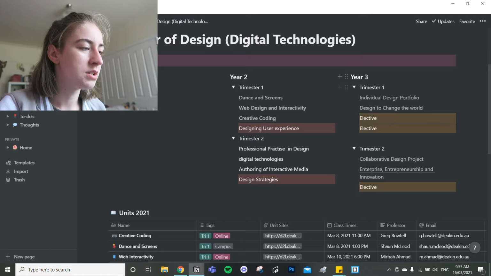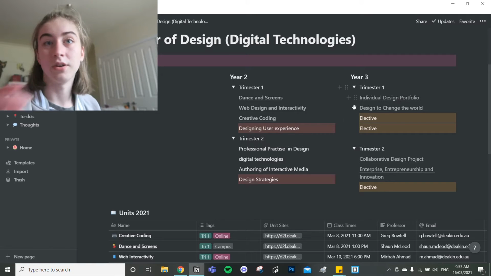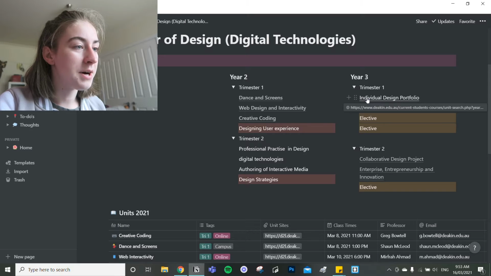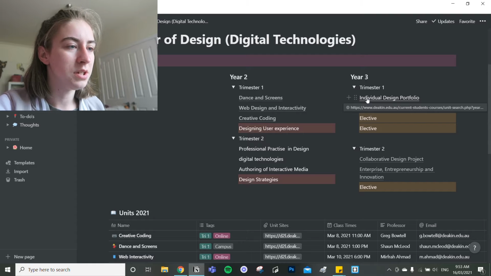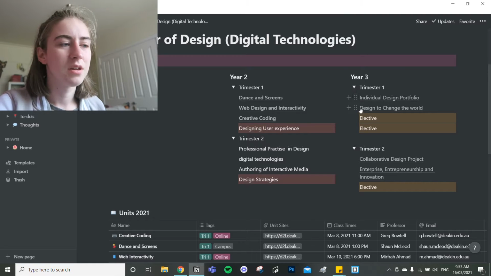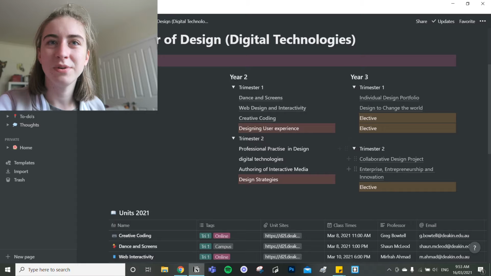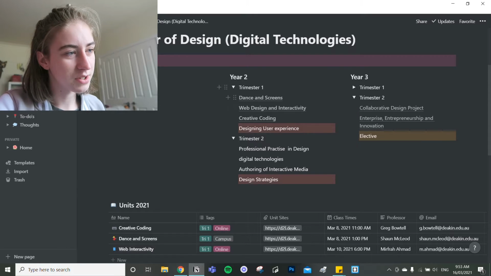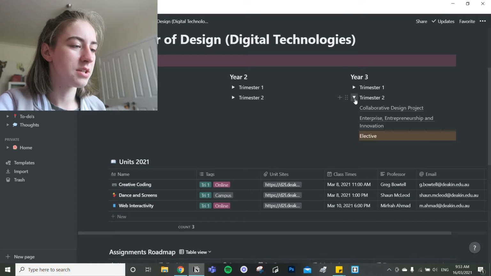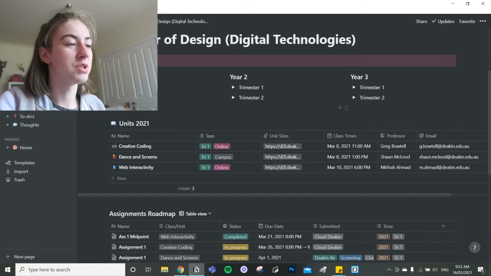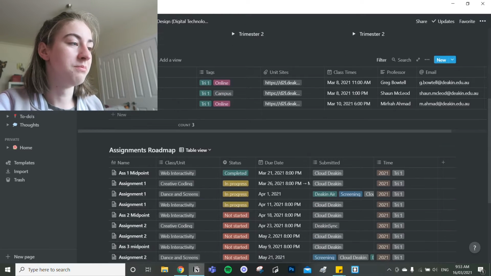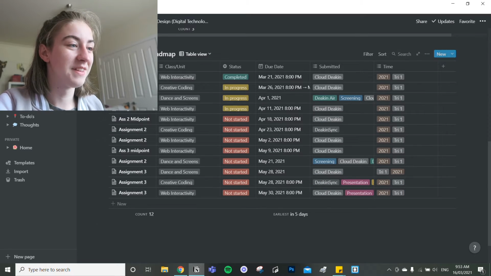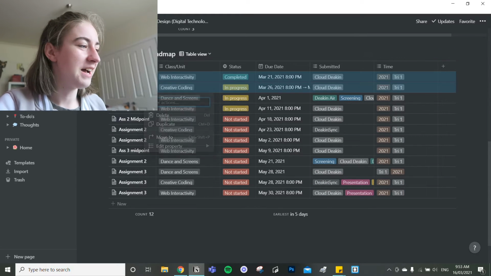The ones that are highlighted red I was not able to get into, and then next year I have these, which are linked to the handbook, which details all the units. So I just have them there, and then these orange ones are electives, which I need to choose, but not at the moment. That's at the end of the year.